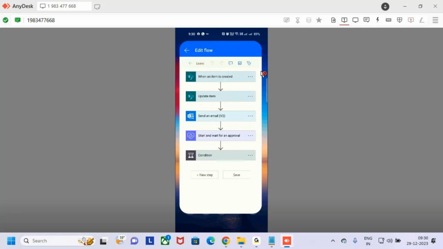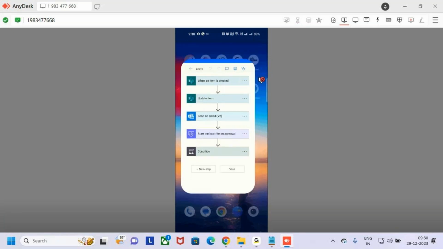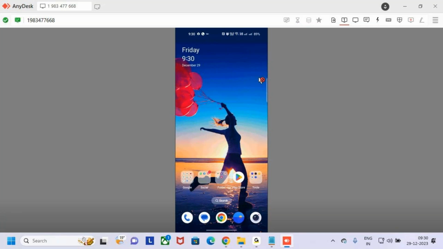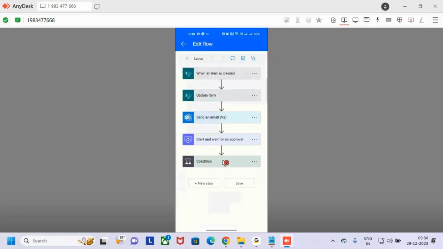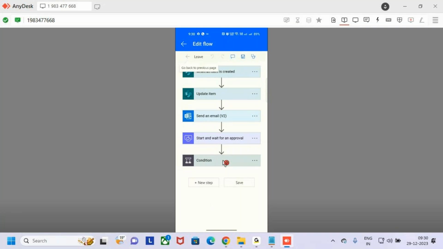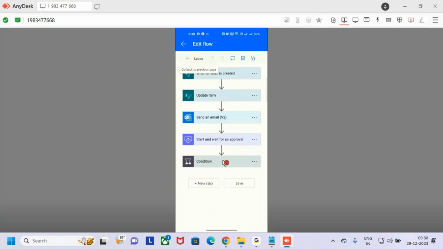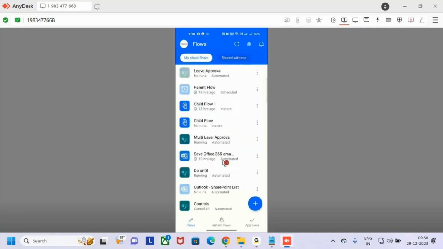How the mobile Power Automate view will look, what the different options are, how to go and create the flow, and if you want to refresh it, how to refresh. If you want to see the complete flow, let me open the Power Automate again. Let me go back. Go back and now see, when